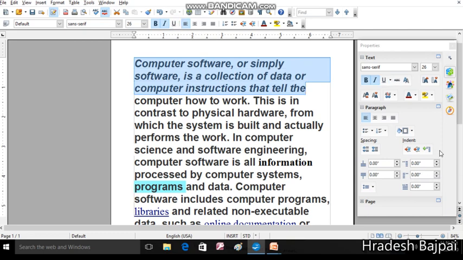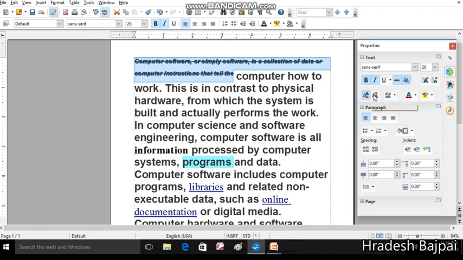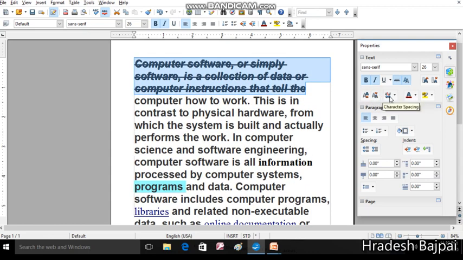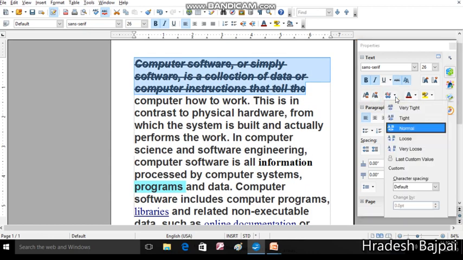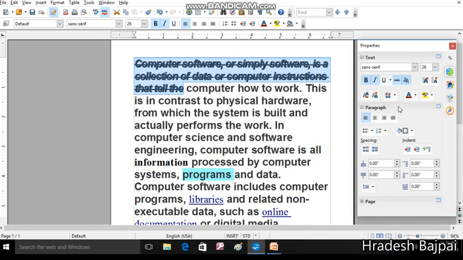Some other text attributes you will find here in the property box. This is the strikeout, this is shadow effect, this is superscript effect, this is subscript effect, and this is character spacing, meaning the difference between the characters, how much space you want.